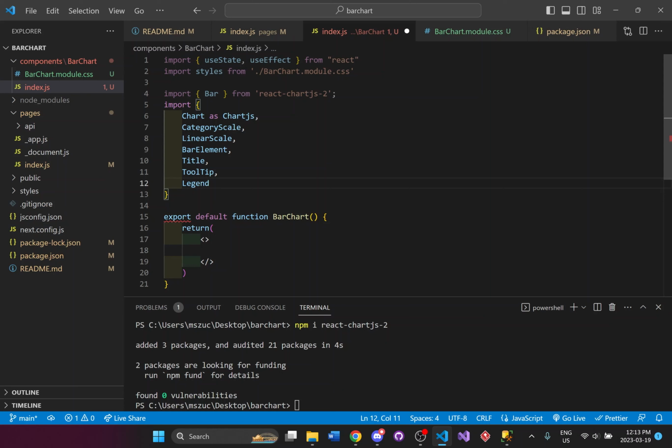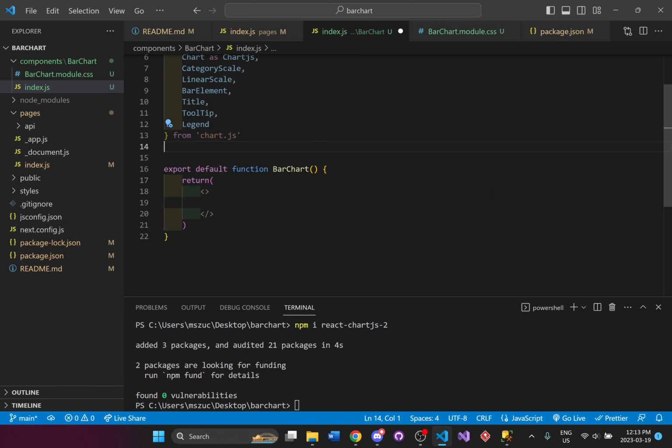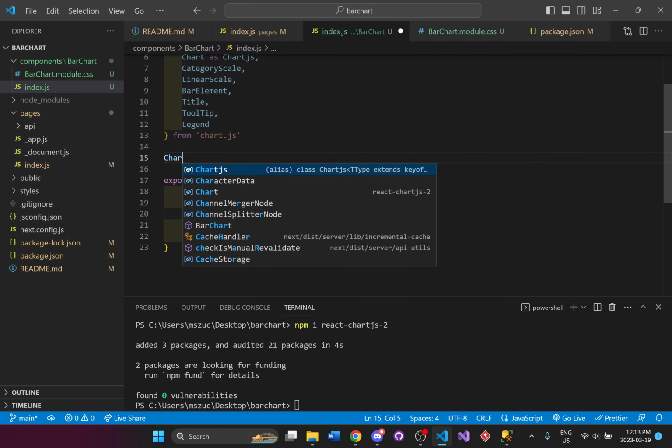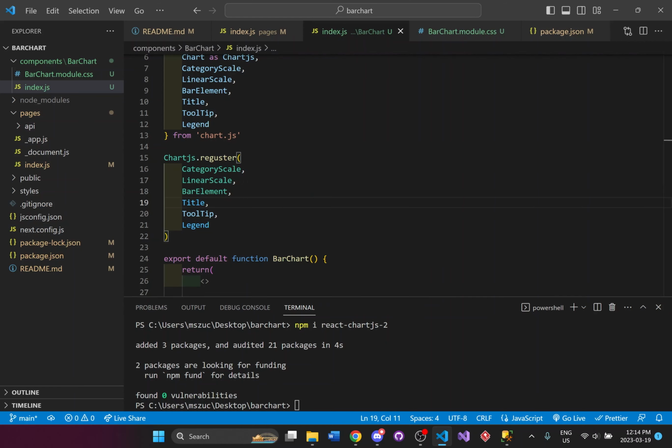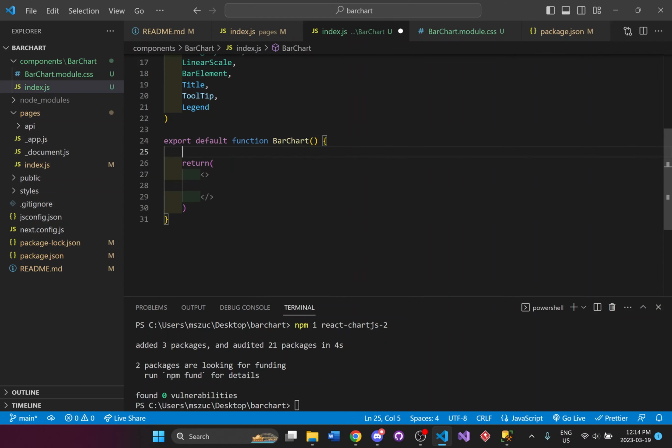It contains a chart, the category scale, linear scale, bar element, title of the actual chart, tooltip, so some sort of information by looking at the chart, and a legend. And then inside here between the export and return, this is where I'm just going to add the data for the bar chart. Usually you want to set up the data in another file in the data folder, but I'll just do it all on one page for right now.